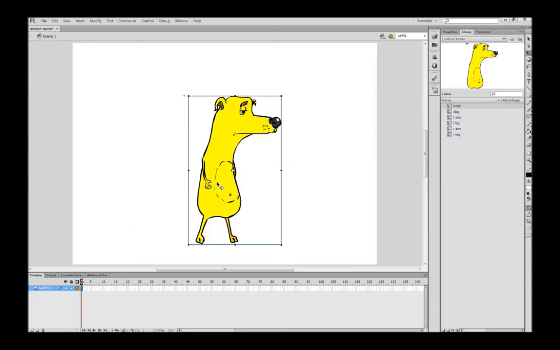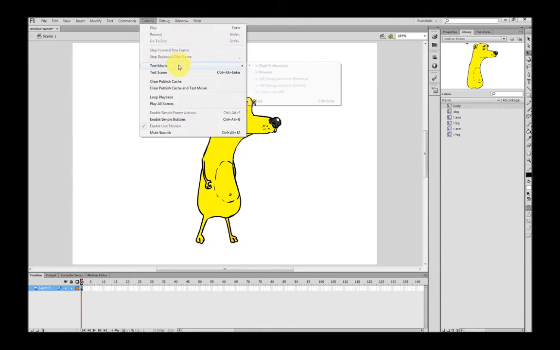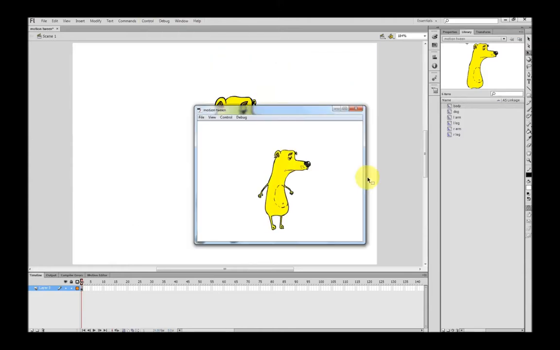So if we go back to scene 1, click on the scene 1 link here. Now we've got our basic walk animation inside this movie clip. At the moment, if we test the movie, so Control, Test Movie, or Control and Enter, we see he's walking on the spot, which is fine. But if we want him to walk, say, from left to right across the stage, the way to do that